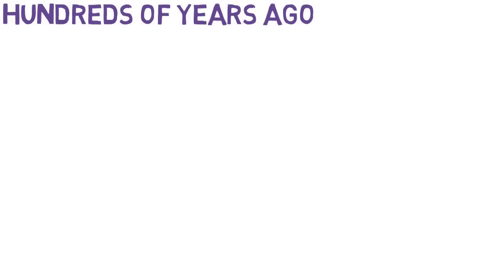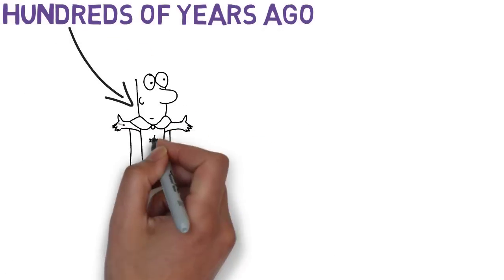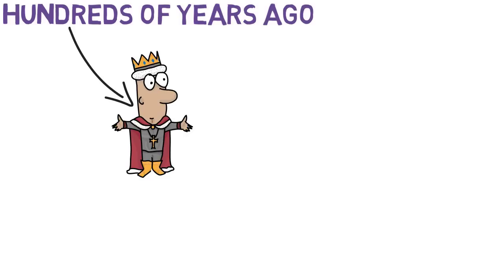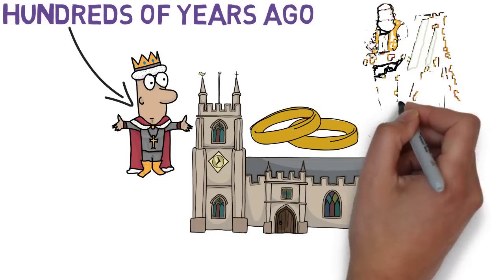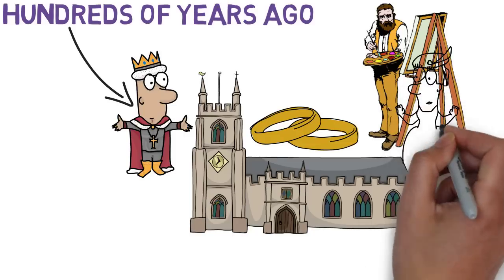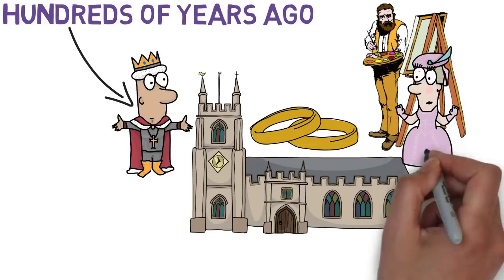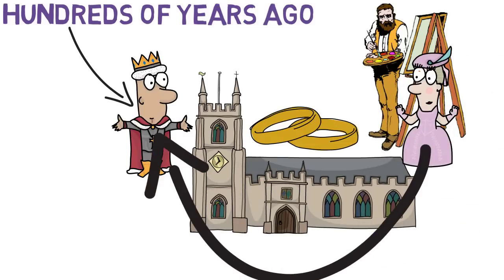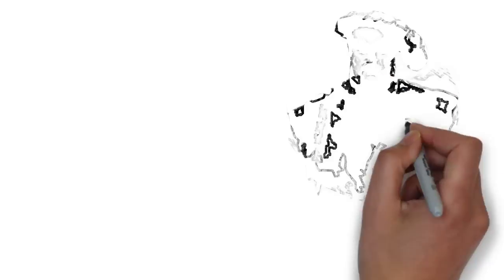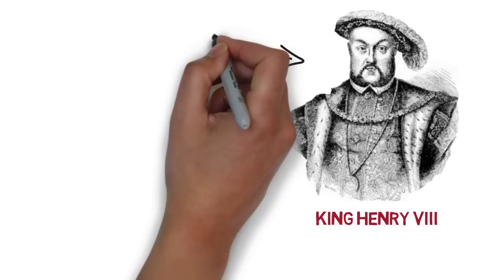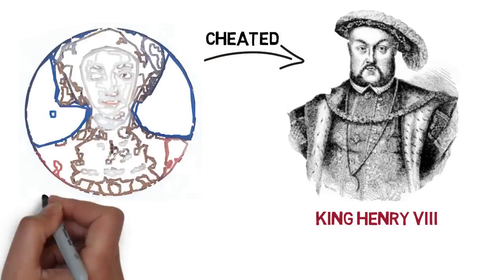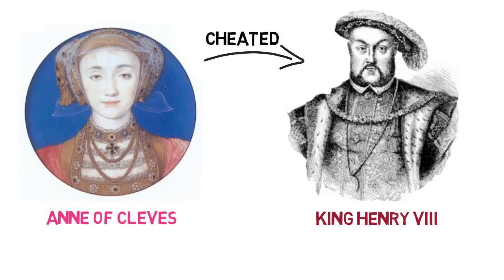Hundreds of years ago, kings of Europe who wanted to form feudal alliances by marrying the princesses of far-off states would have painters send portraits of the lady in question to see if His Majesty approved of her before he got her. And there's a famous story in which Henry VIII of England was badly cheated in this respect by a too flattering portrait of Anne of Cleves.